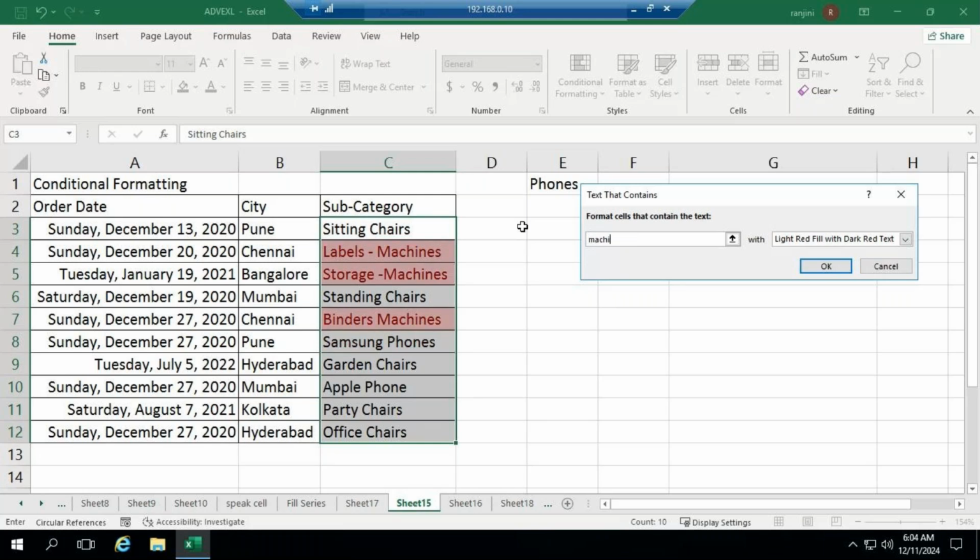If I type missions, it's going to select only for that missions. Suppose if I change here to phones, it will highlight only for phone. Okay. If I click on OK, that formatting is going to be applied. Okay. So instead of that, what I can do,